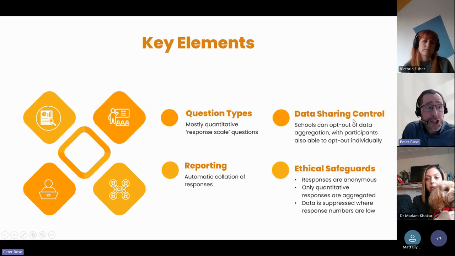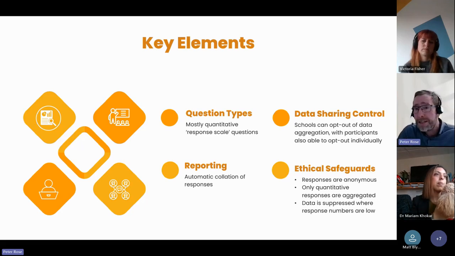In terms of data sharing, schools have the option of opting out of the data from their school being aggregated as part of the Skip Alliance's national data set. In addition, individual participants can opt out of that data aggregation. So even if the school is happy for the school level data to be aggregated, individual participants can opt out of that.